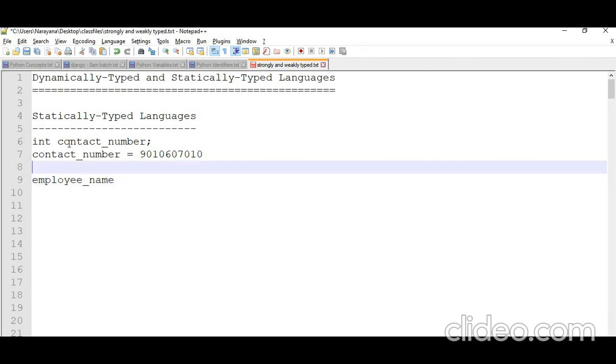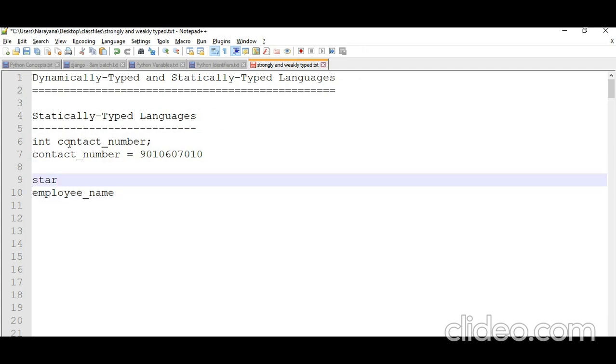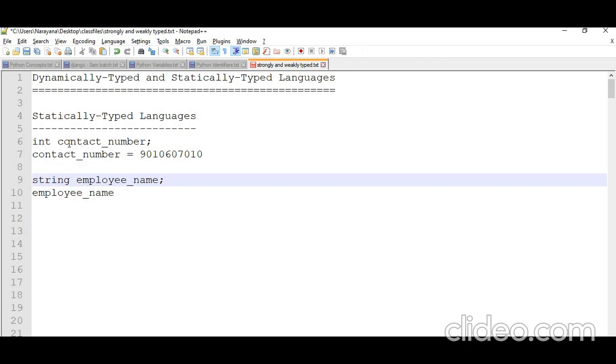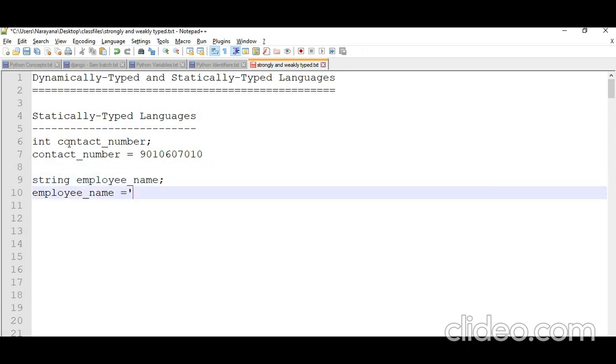Suppose I am taking string employee name, then employee name equal to, for example, Kumar. You can take the name Kumar.